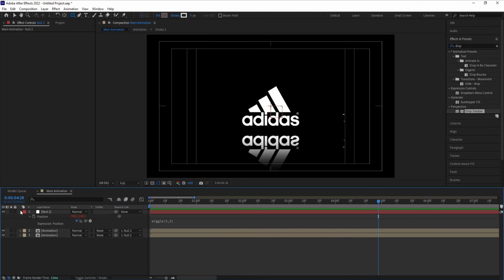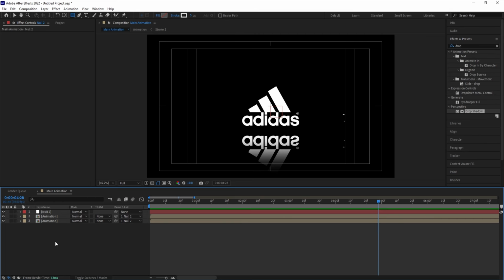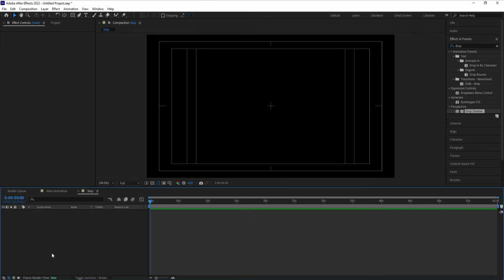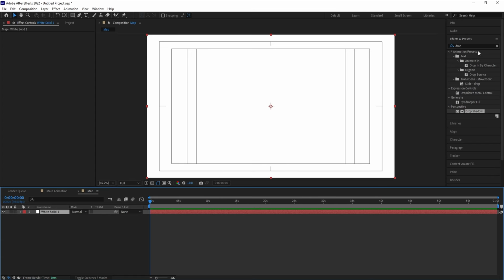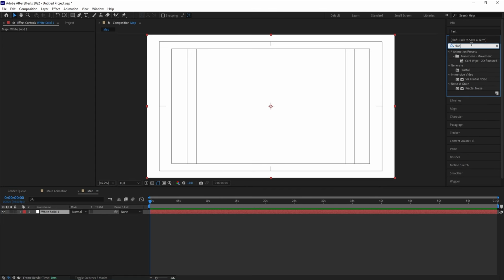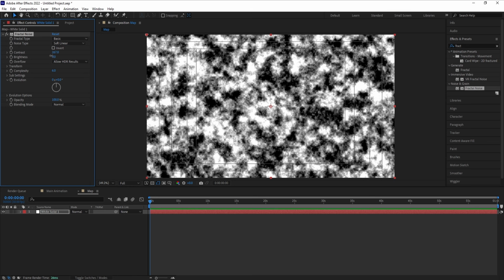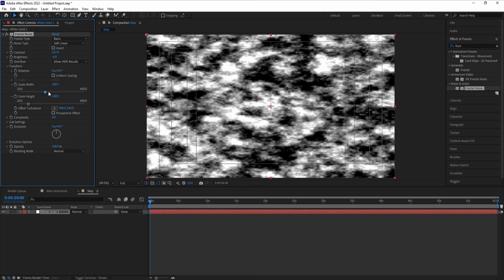Now I need some kind of reflection glitches over here. So for that I'm going to create another composition and I'm going to call it map. Press Ctrl Y to create one solid layer and apply fractal noise effect and double click to apply. Increase the contrast, decrease the brightness a little bit, and go to the transform properties, uncheck uniform scaling,